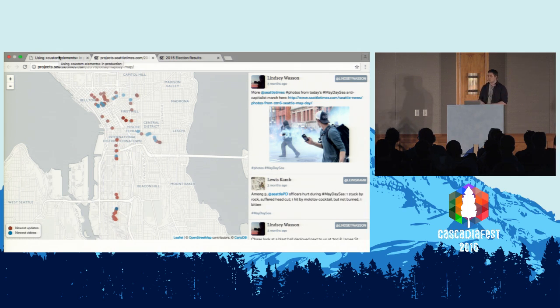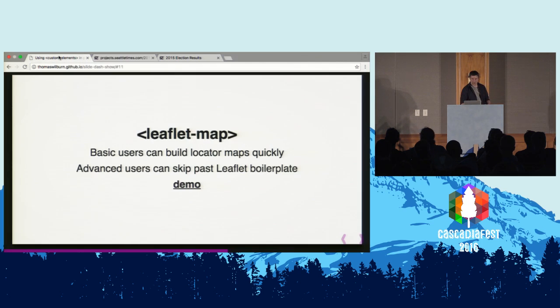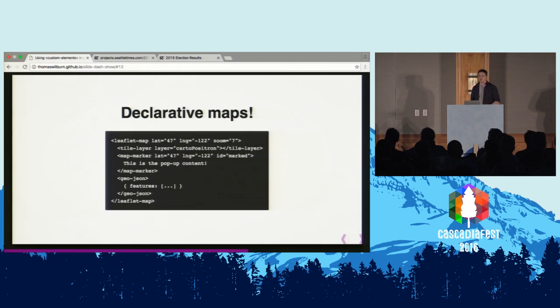But as much as I love Leaflet, I kind of hate doing things like making markers. And instead of writing the code, I really want to be able to do it in a declarative way. So when I make a map using the Leaflet map element, I can say, look, I just want a Leaflet map at this lat long and this zoom. I want you to use this base layer using the tile layer child element. We've got a bunch of them predefined. They already include the sourcing, so I don't have to worry about giving credit to OpenStreetMaps the correct way. That's all built in. And then I say, hey, put a map marker right at the center of that thing,